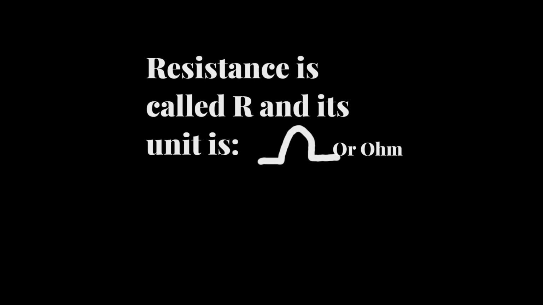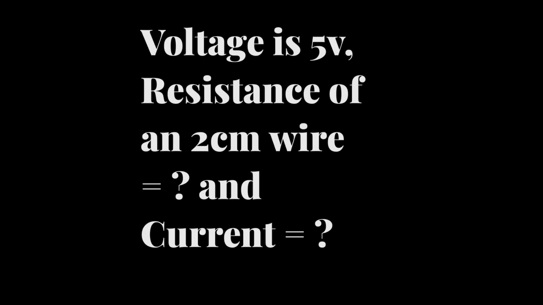So now we know resistance, voltage, current. Let's find out the current present at 5 volts. Resistance is called R for short. Let's go. First, voltage equals 5, with the resistance of a 2 centimeter wire. Resistance is in ohms, and using the R formula, we get 0.000428 ohms. Now, 5 divided by 0.000428 is